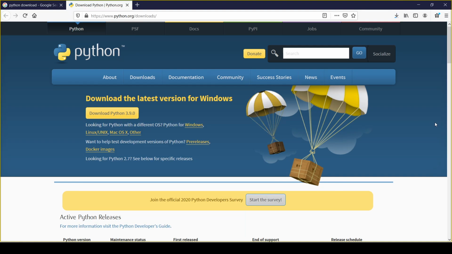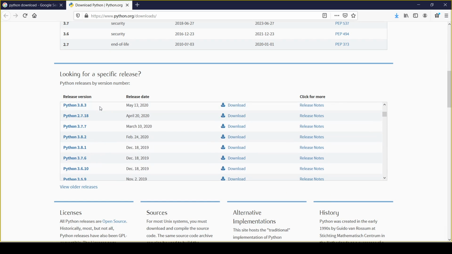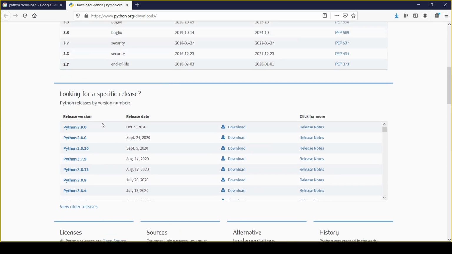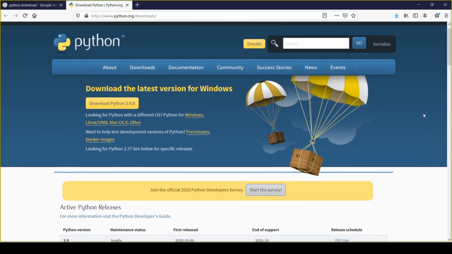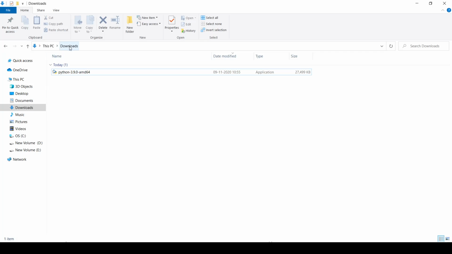But in case you'd like to install a different version of Python, we also have that option. You can find all the previous versions of Python from here, and you can download it, and the installation process would remain the same, right? So it has been downloaded. Just go to your download folder, click on this link,